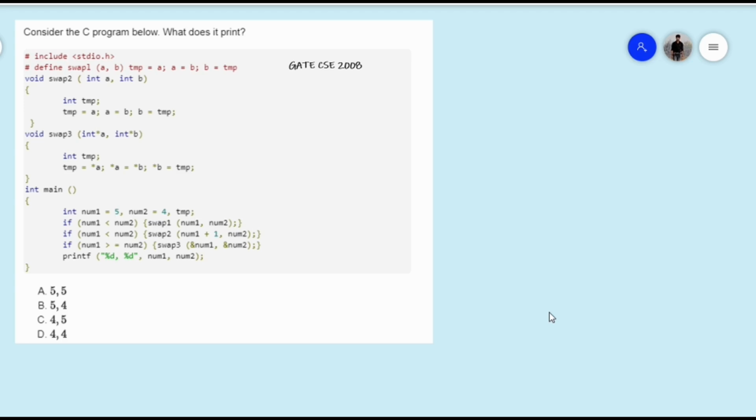So the given question was asked in GATE CSE 2008. They have given a C program and asked what will be the output of the program. Here they have used a macro which is actually swapping two elements. Okay, so here is what a macro does, when